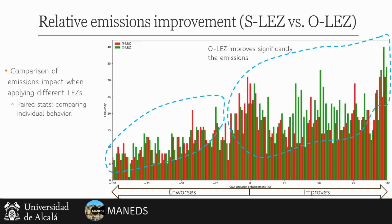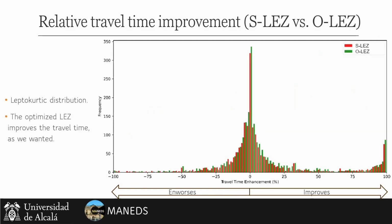So yeah, these vehicles will also have bigger emissions. But the final result is that we are experiencing a really big improvement. We face the travel time. Travel time is rather low because we are considering the whole network for the simulation, and many of the vehicles are not affected by low emission zones. And we have a slight benefit with the optimal